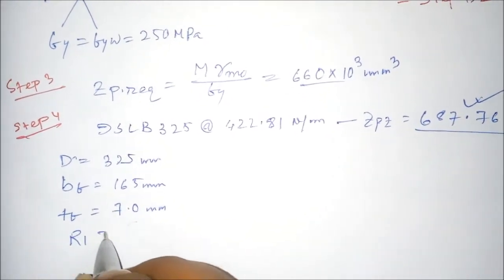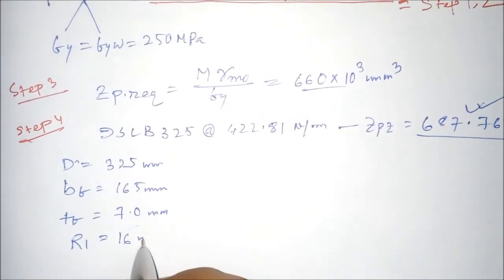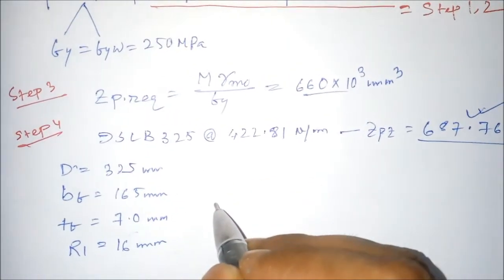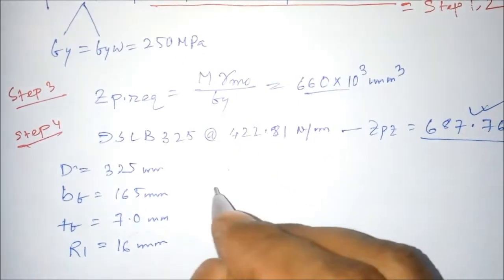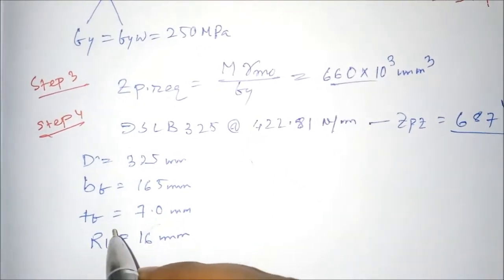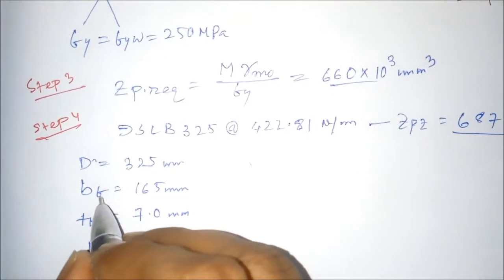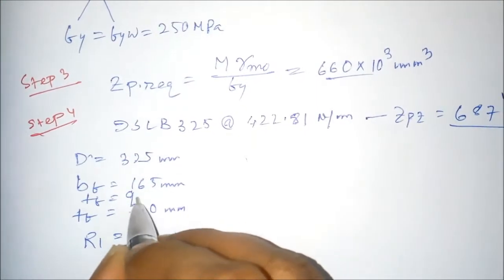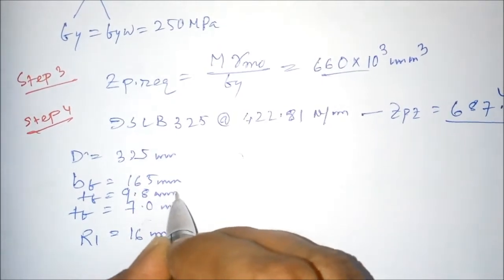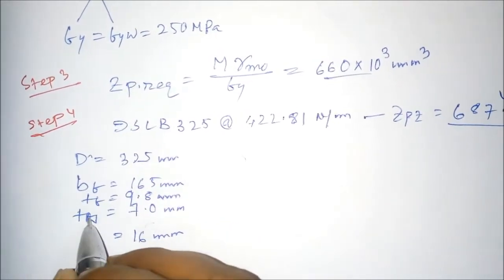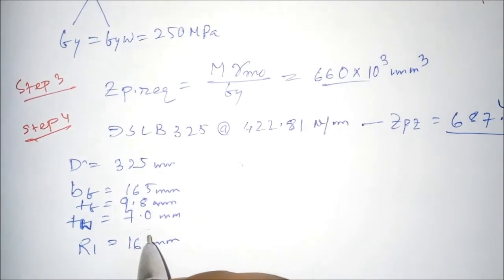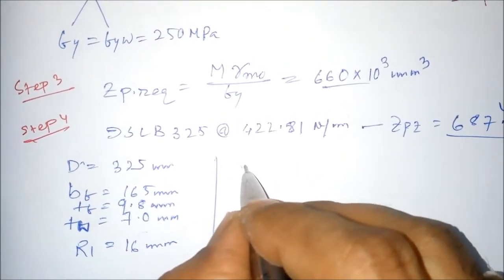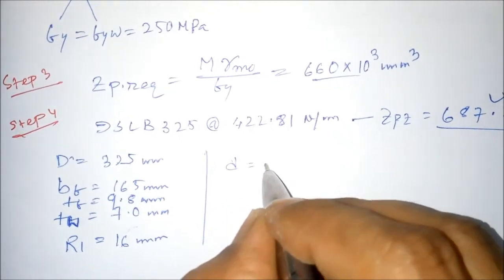Root radius R1 is equals to 16 mm. So from these data we can find out, this tf is equals to 9.8 millimeter for this particular case, and tw is equals to 7 millimeter. So from these data we can find out the depth of the web, small d,